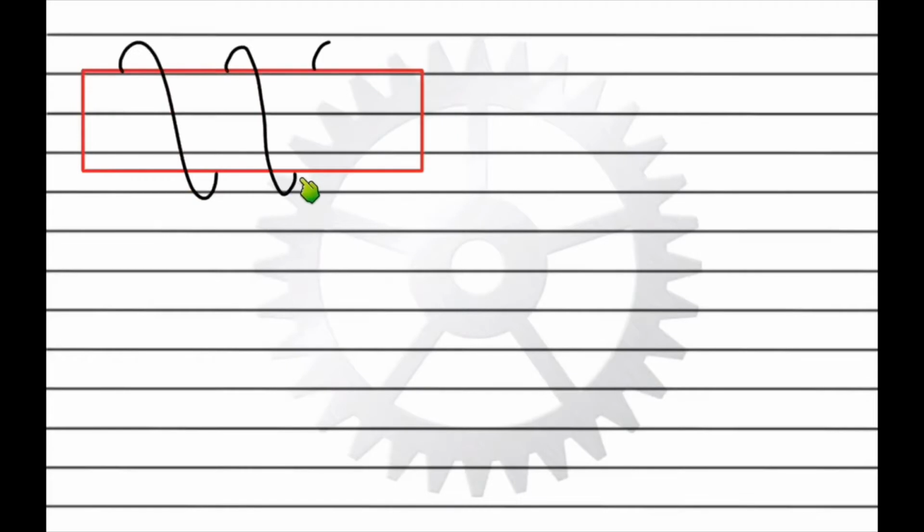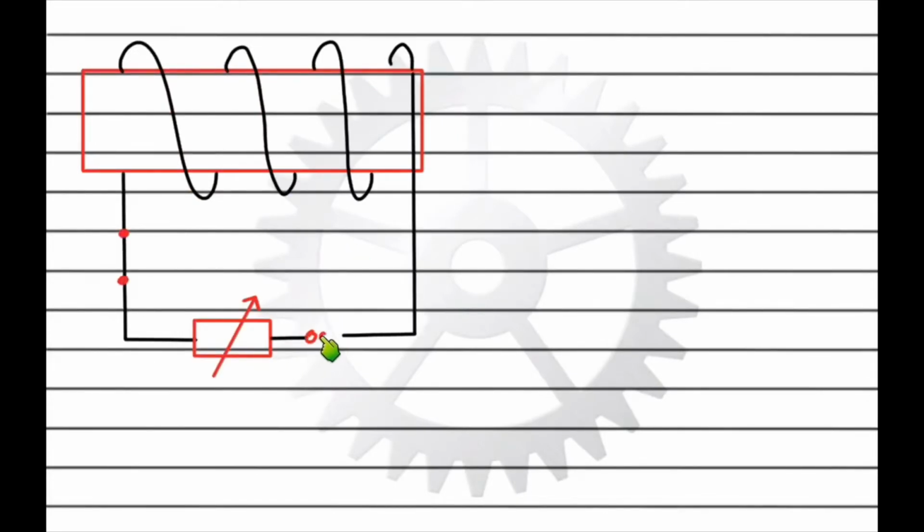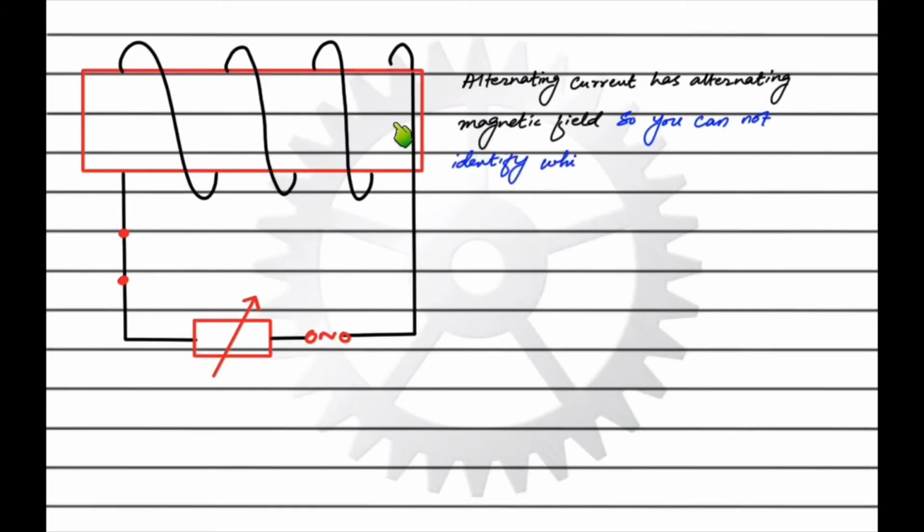Now if there is a solenoid that is carrying alternating current, it is different from direct current because alternating current has different magnitude and different direction. So because of the change in magnitude and change in direction of the current, there will be no permanent magnetic field of this alternating current carrying solenoid. So you cannot draw a permanent north or a permanent south. The magnetic field of this alternating current carrying solenoid will be fluctuating between north pole and south pole.